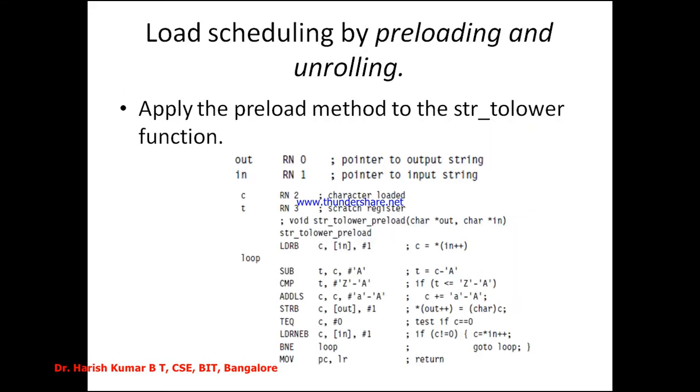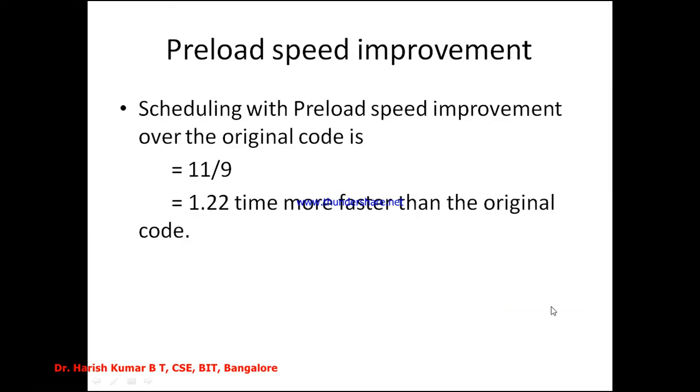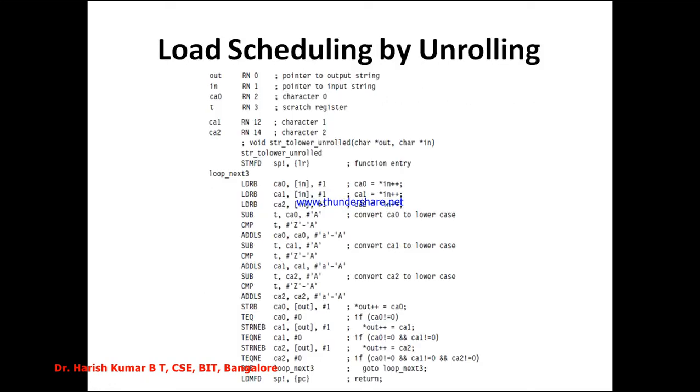Later, after applying the technique of preloading and computing the cycles, it took 9 cycles, and the performance of this program was 1.22 times faster than the original code. And similarly, we further optimized the program by using the technique called loop